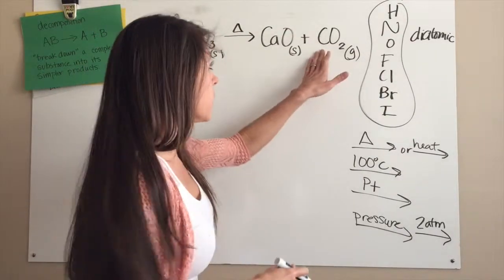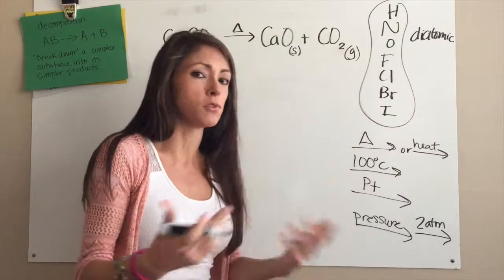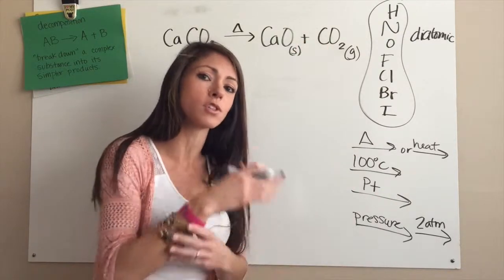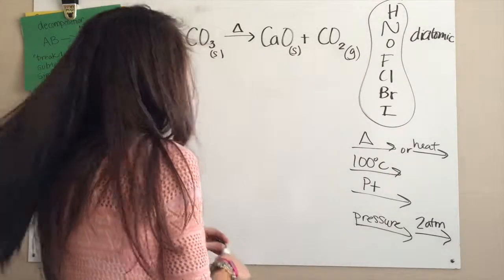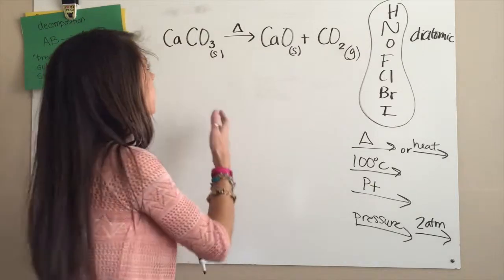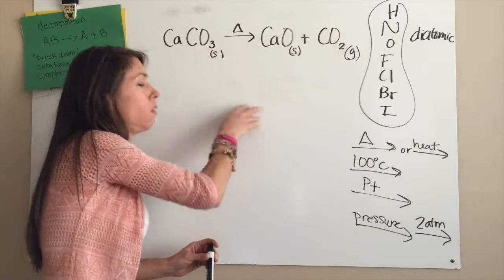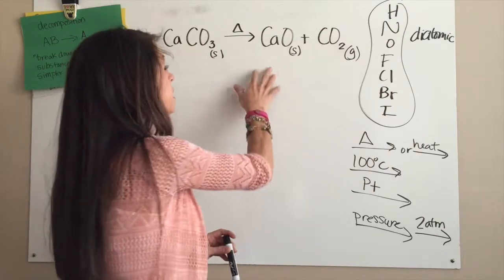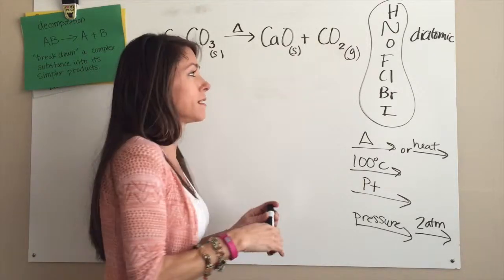Now over here you've got a non-metal and a non-metal, so this is carbon dioxide. We use prefixes. There's no balancing the charges. They didn't lose or gain electrons. They're sharing. Now in this particular compound, what has happened is we've taken calcium carbonate solid and heated it, that's what this delta triangle means, in order to decompose it into simpler substances, the calcium oxide and the carbon dioxide